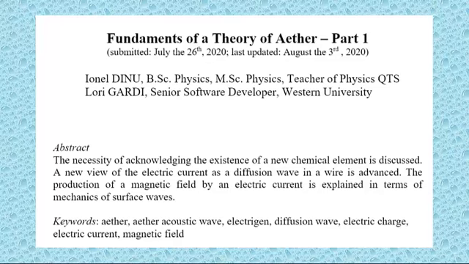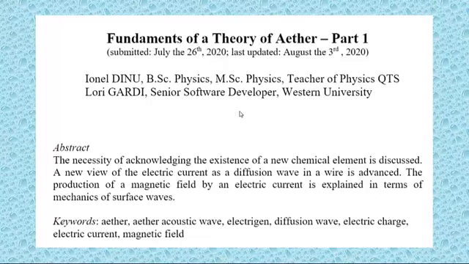Today we're going to talk about a model that I'm very excited about. This is a model that was developed by Yonel Deneu and is talked about in this paper, Fundamentals of a Theory of Ether, and this is part 1. And it was uploaded to ResearchGate on July 26th, 2020,